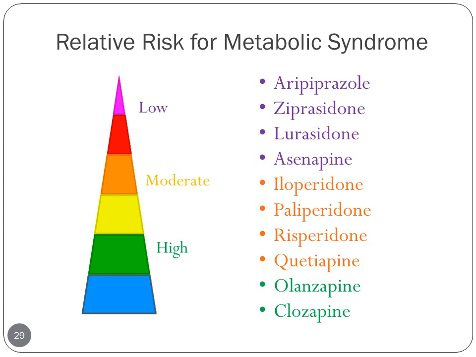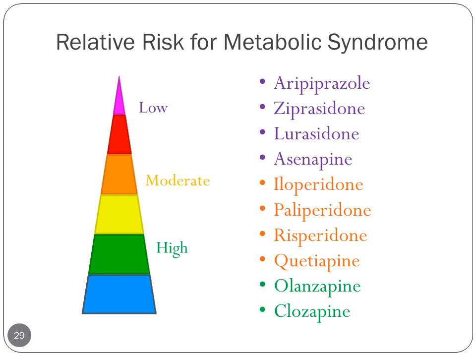This is just another way of looking at that data for those of you who are a little more visual. Again, you can see clozapine and olanzapine tend to be the highest risk agents for metabolic syndrome. I did include the newer agents, so lurasidone and asenapine appear to fall in that lower risk group with aripiprazole